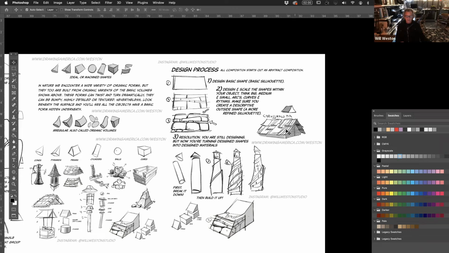This is a prism, then this is a corrugated tin roof. This is a cylinder with a cone, a little bit organic. I make it a little bit more organic and I proportion it, right, using my proportional system. And then I turn it into some weird Harry Potter tower. And that's the whole thing.